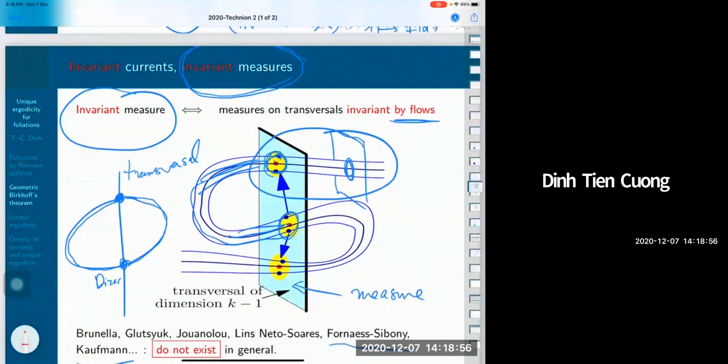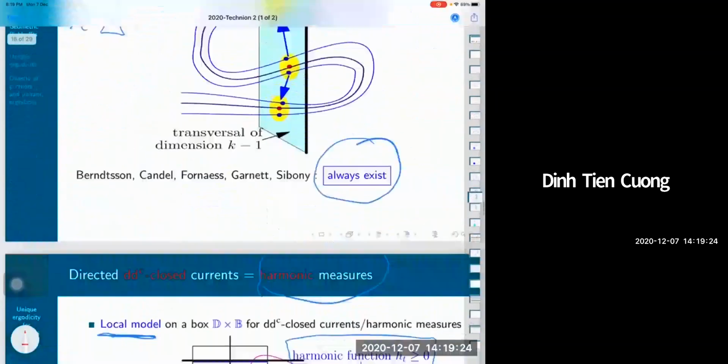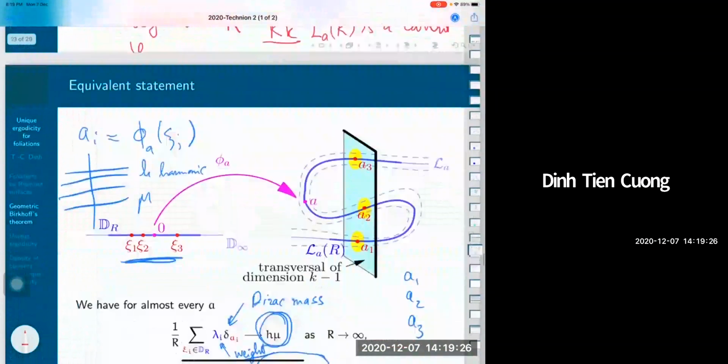So we know that from a theorem by, for example, Nessim, Kaufman, we know that in general, the invariant measure doesn't exist, even in the nice situation. But if we are lucky, then it could exist. For example, if you have a compact leaf, then you have an invariant measure. Okay, so if you are lucky, you can have this situation. But here, in the theorem,